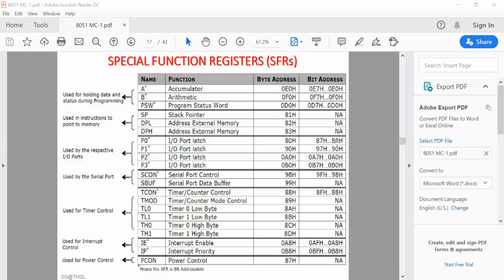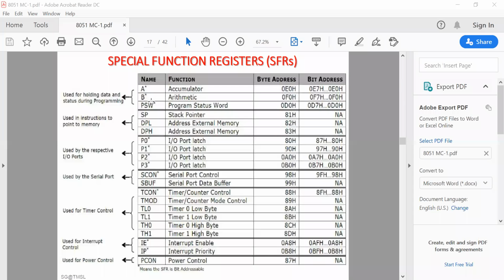It is an instruction. This actually refers to bit address 80, that is the address of P0.0. So it will be set, meaning the corresponding bit will be 1. So P0.0 will be 1. That is the function of the SETB P0.0 instruction.